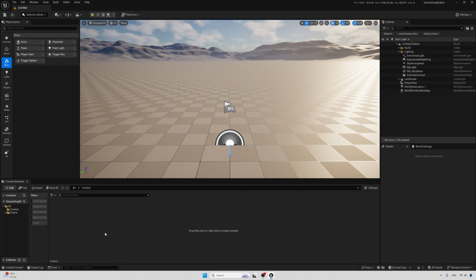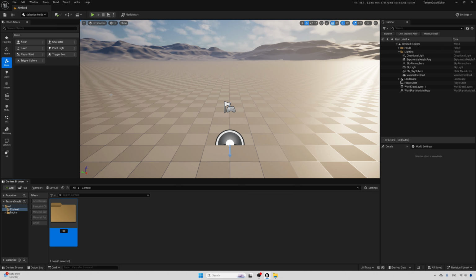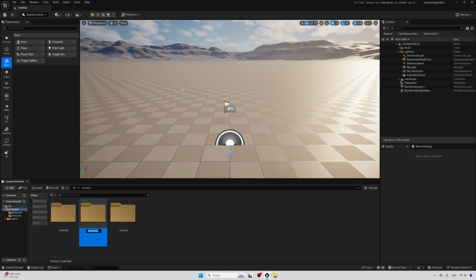Since I'm inside an empty project, I need to create some folders to make sure that my assets are organized inside the content browser. So I'm going to create some folders, textures. Then I'll need to create another folder called materials, maybe, and then blueprints